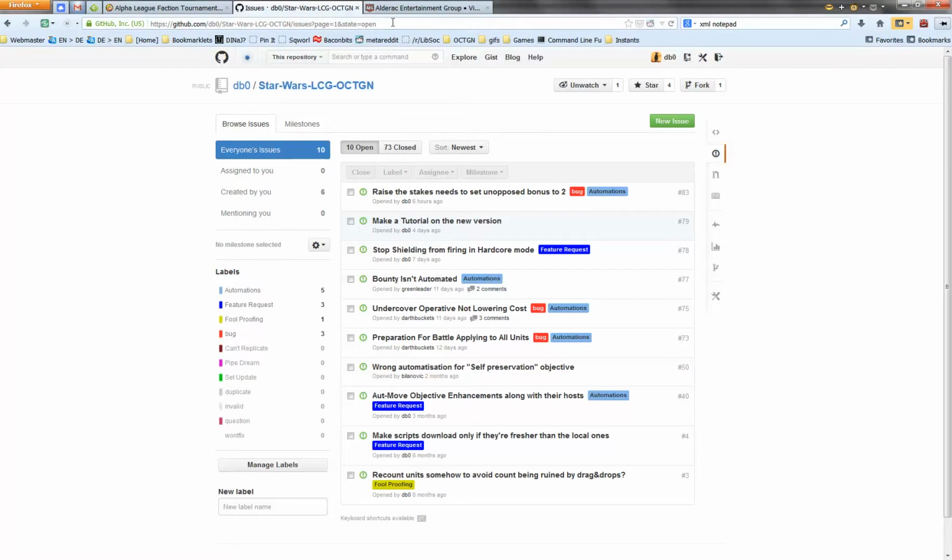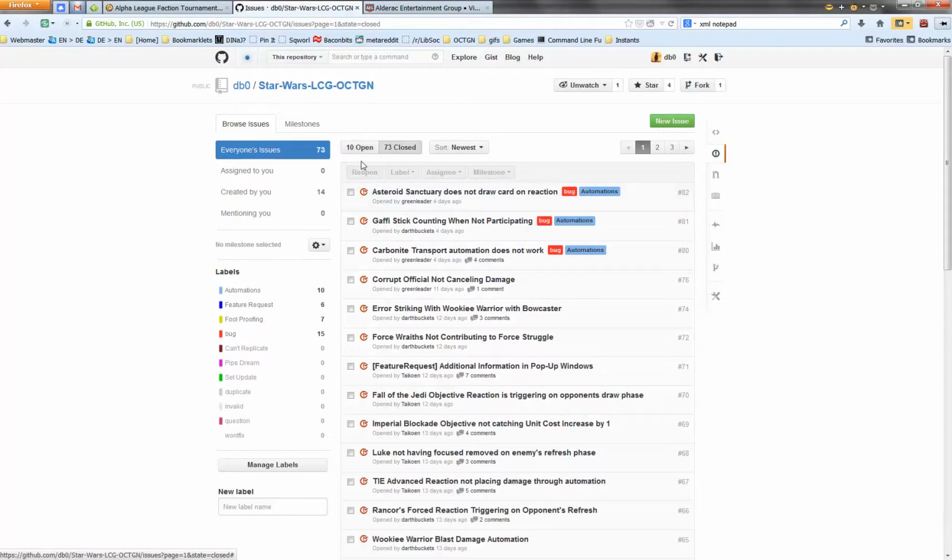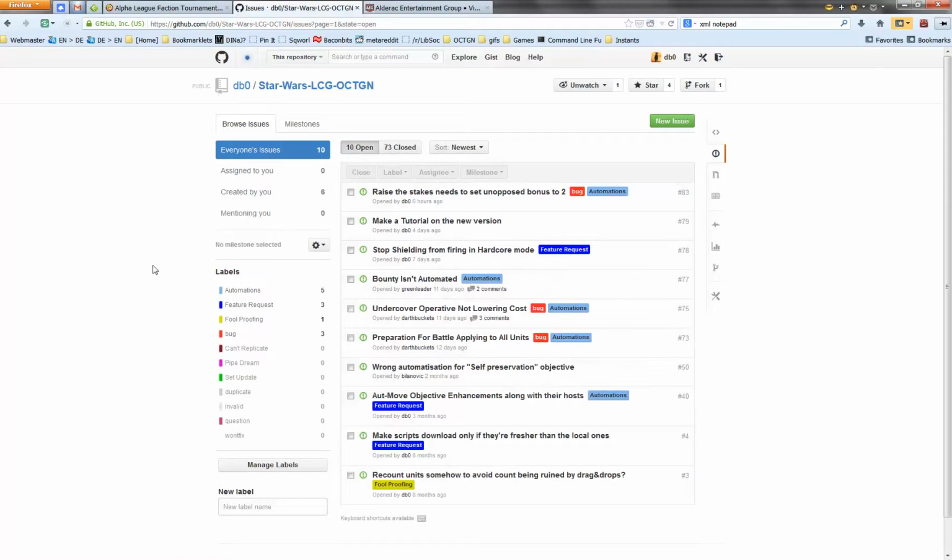So at the end of each game you will get a link to this page, so you can copy paste it and then you can quickly report a new issue that you find, or see if the issue exists and say that this happens to me. All you need to do is create a free account on GitHub and then you will be able to report any issues that you find. This is really helpful for me as it allows me to track what I'm working on and what I've fixed, and let you know as well when the issue you reported has been resolved.